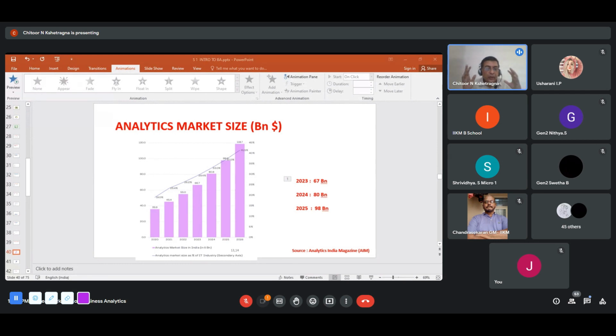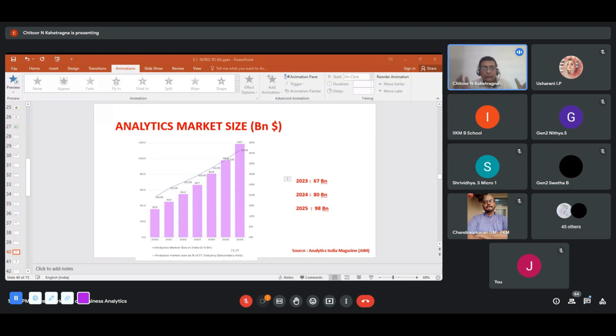So if it's going to be a $100 billion industry in the next 2 years, by the time you graduate, and if you're job ready, that's the icing on the cake. You'll be ready to take a plunge. And you can't have much better validation than this, right? And these are very authentic numbers. If you look at 2022, it was almost 47, 48 billion. These numbers also come from NASSCOM. NASSCOM also talks about similar numbers.